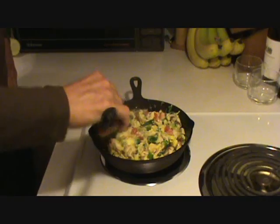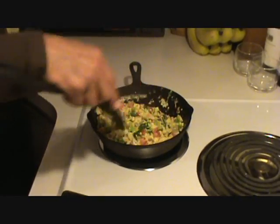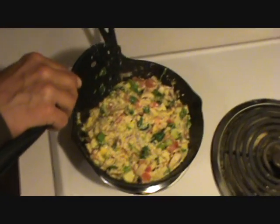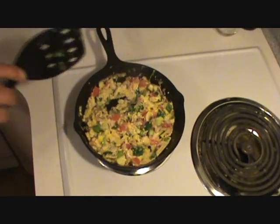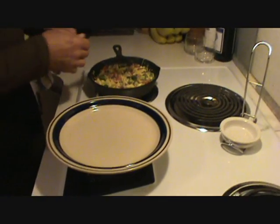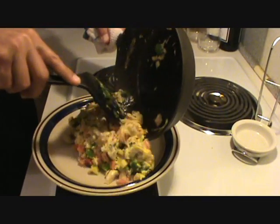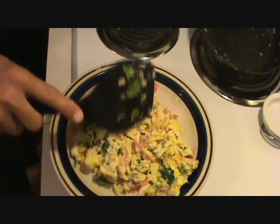So again, now as it's cooking here, I'm liking this. I do not like my eggs to be dry. So to me at this point, as you're looking at this, for me that's the way I would eat mine, and that's the way I do eat it. Still moist in there. I do not want it to be dry. I do make sure I turn off my heat. Again, the pan is hot, iron skillet. Comes nicely out of the skillet onto the plate. And what you see here